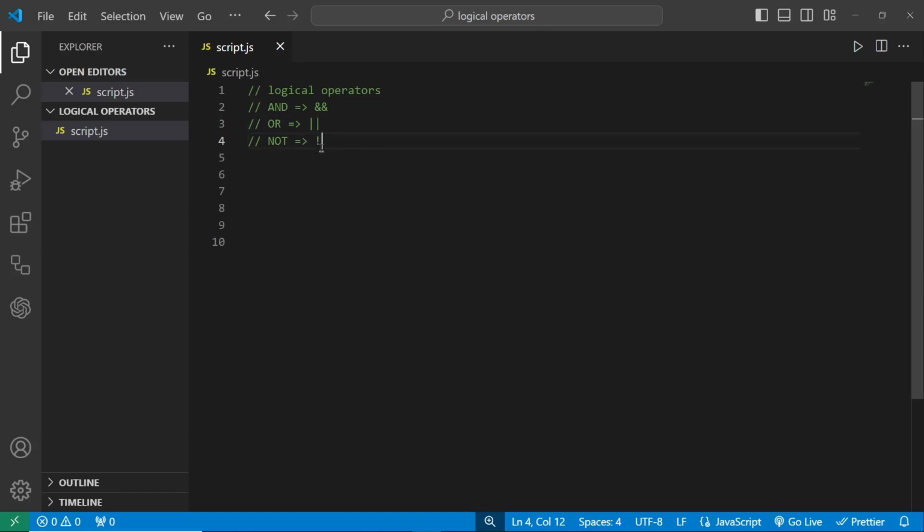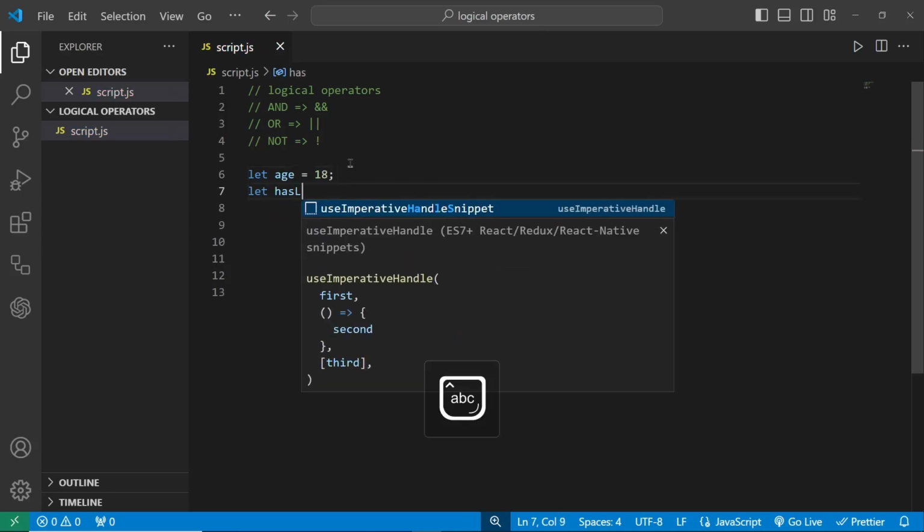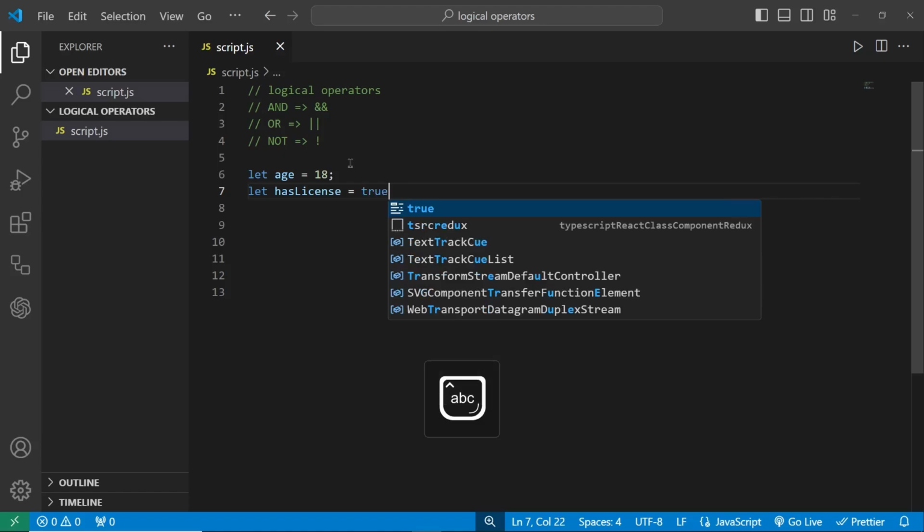Okay, the AND operator, as we said, is represented by two ampersands and returns true only if both operands are true, or both conditions are true. Let's look at an example and see the output. I'm going to check if someone's age is over 18 and has a driver license, so that person can drive. Let's say that let age is equal to 18 and let hasLicense is equal to true,